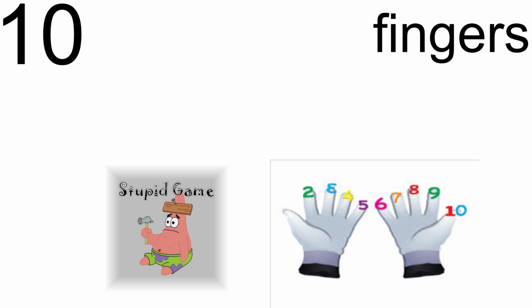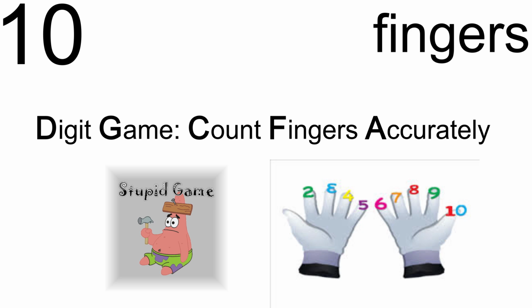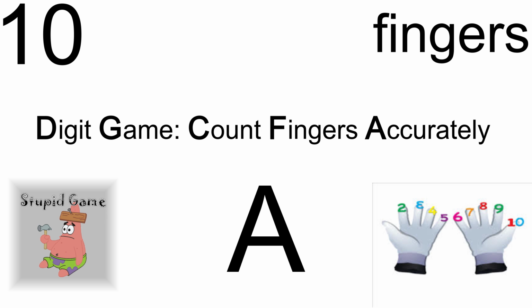10 fingers, 10 fingers. Best one I could come up with for this. A crappy game that you play with your hands. Digit game, count fingers accurately. So imagine holding out your 10 fingers, digit game, count fingers accurately. So here we go. D, G, C, F, A. Easy. Right, and finally, because the 12th fret would be back to open strings again,